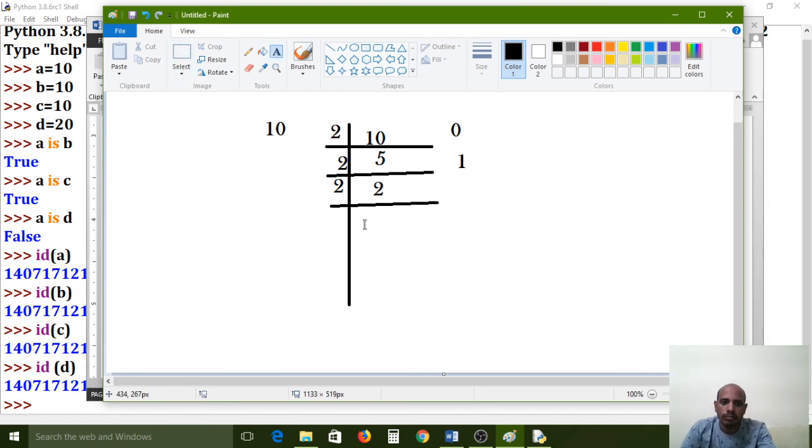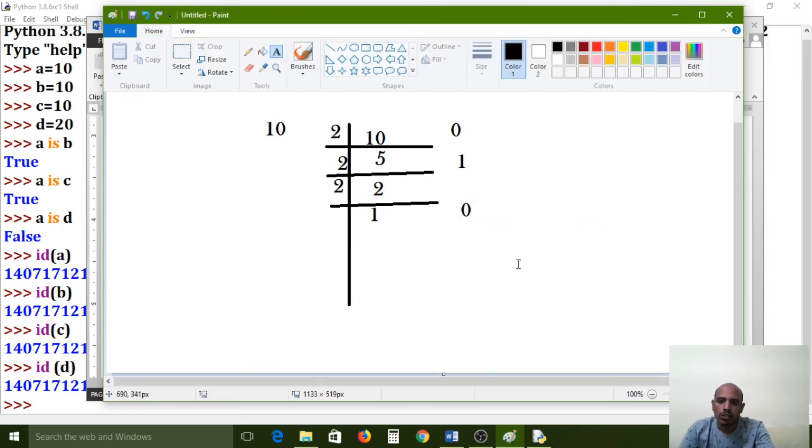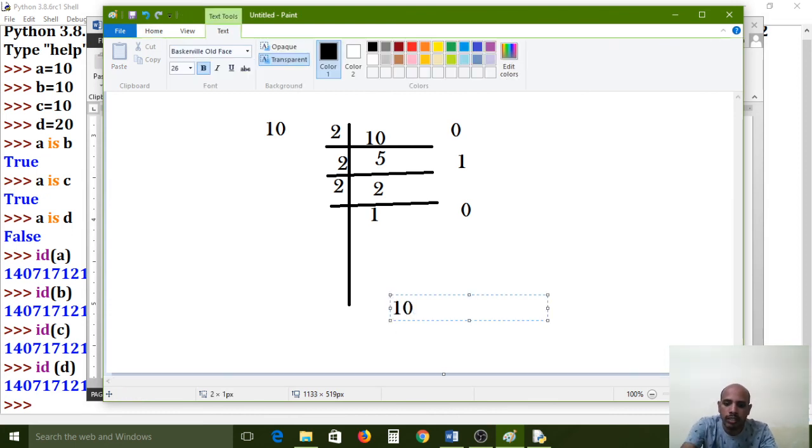Here 1 2s are 1, the result is 0. So how will it convert to binary format? In the reverse format we need to write 10 equal to, here the value is 1, in this way, direction, 1 0 1 0, reverse format 1 0 1 0. So that is the value of 10.